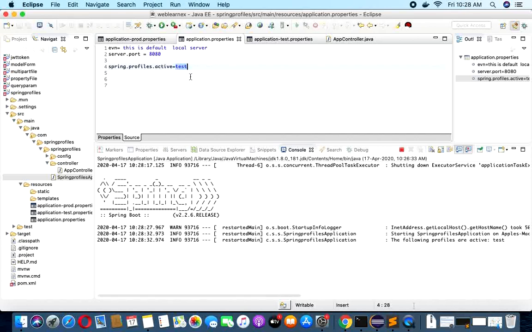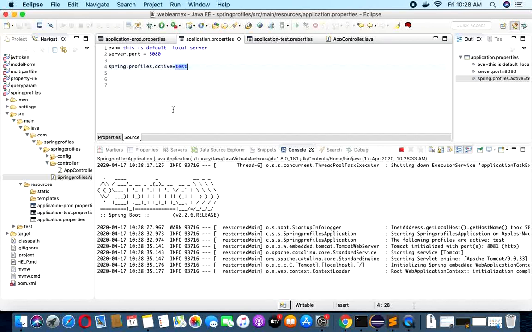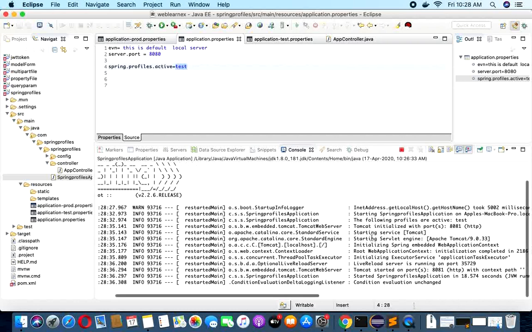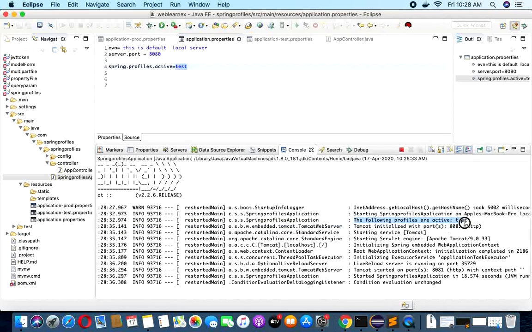It is not going to ignore the application.properties; it is going to load all the properties available in application.properties and overwrite them in the test environment. If you observe here in the log, now it picks the test environment property, and